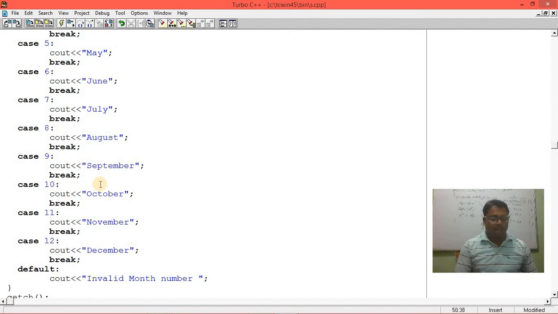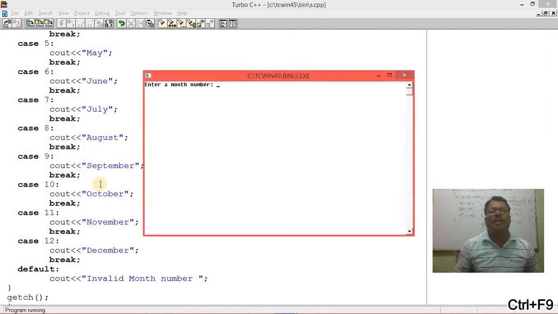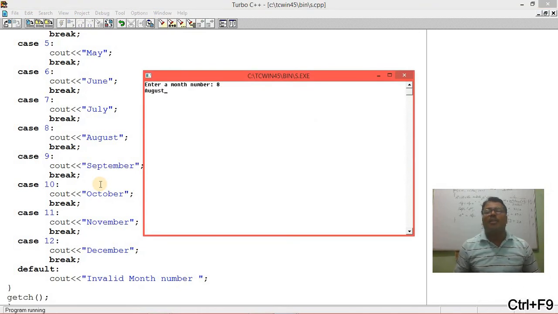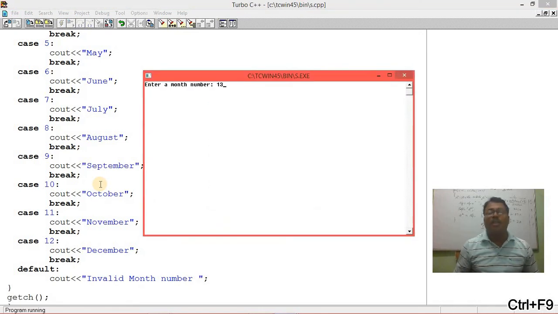Now Control Alt F9 for compilation, no error. Control F9. See the output: 5, that is May. Now again 8, that is August. Now if you give 13, this is an invalid month number.